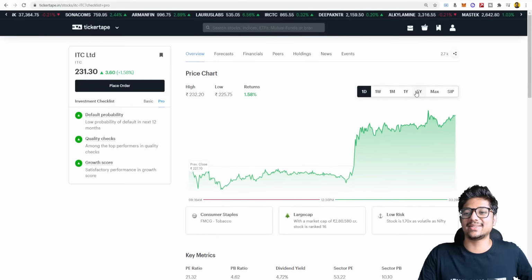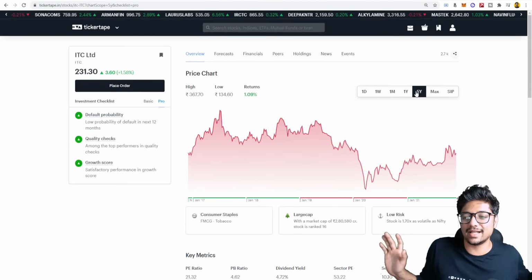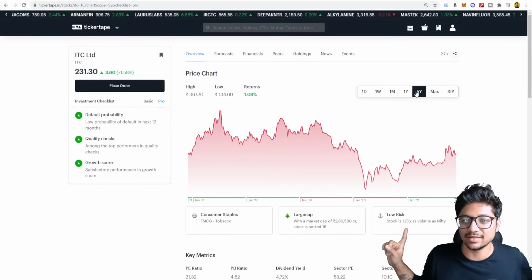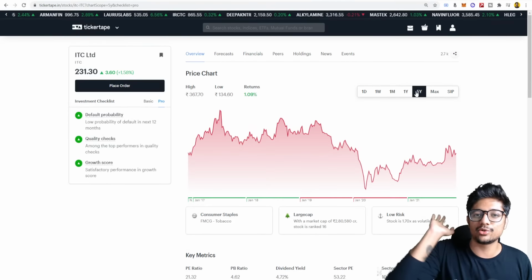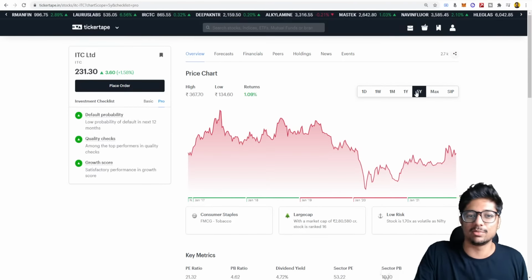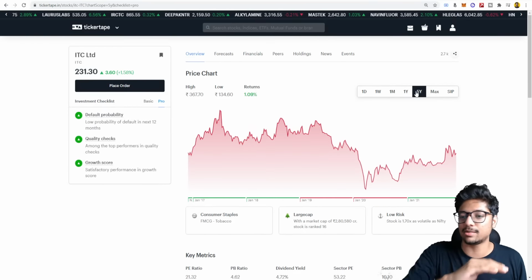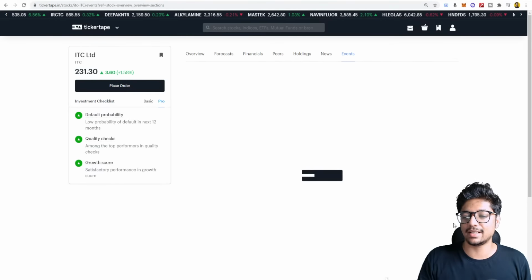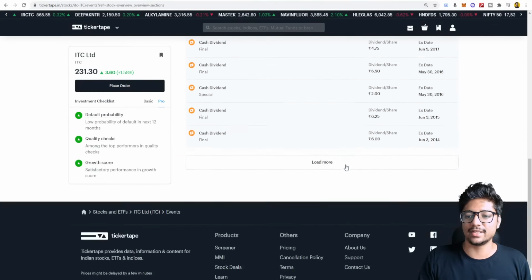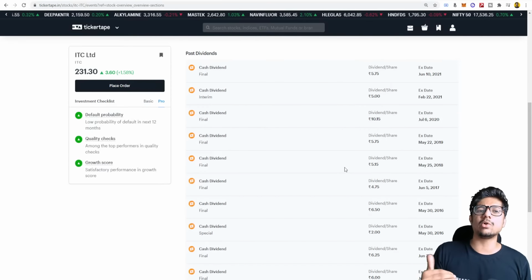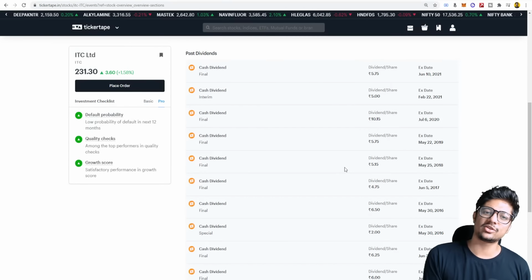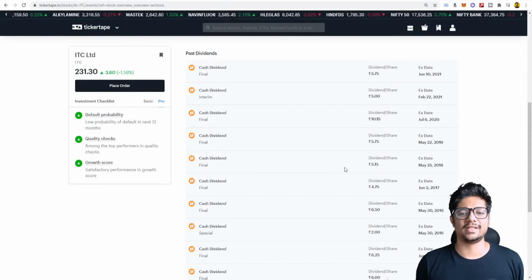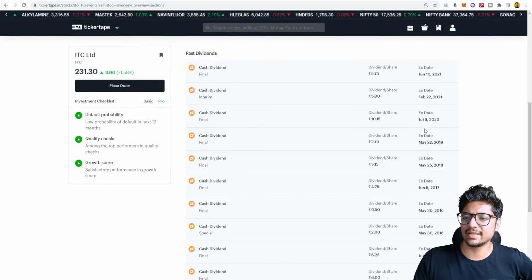Why? Because ITC to hilta dulta bhi nahi hai, right? It's same year, 5 years 1% return. ITC was like, screw you stock market, I don't care about you, I don't care about the bull run, मैं अपना ही चल रहा हूँ, right? 200 rupees straight adamant from the last 5 years. But if you look at their dividends, and this stock will not go too down because they're making money, they're growing slowly. Only the cigarette business is affected a little bit here and there, but look at the dividends they're giving, right?